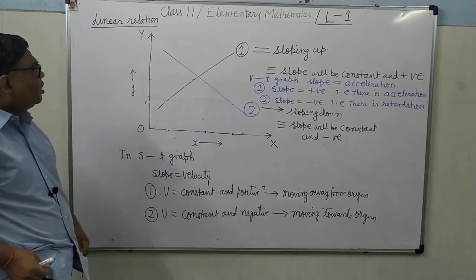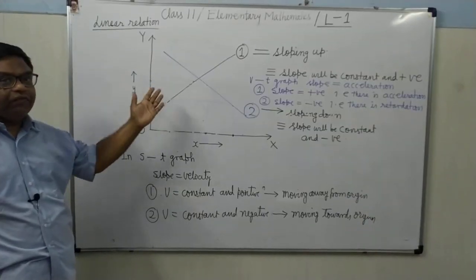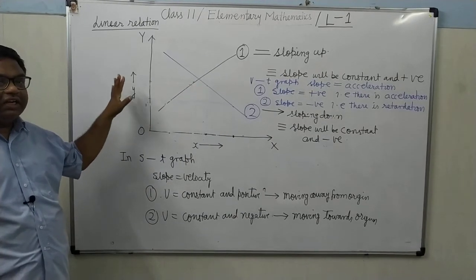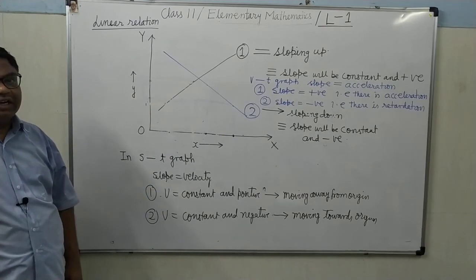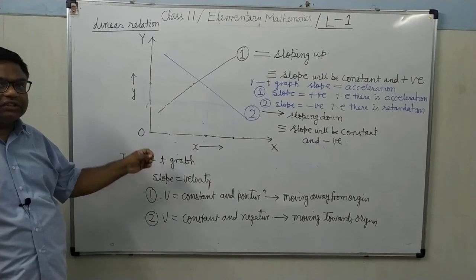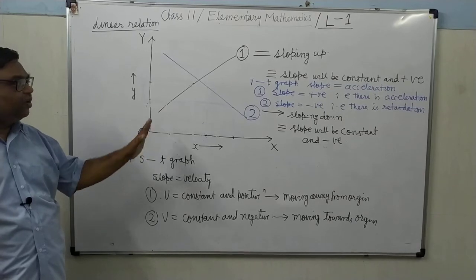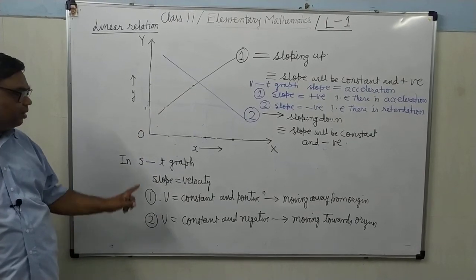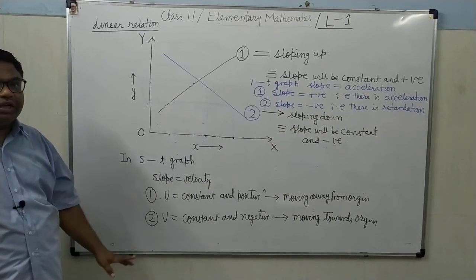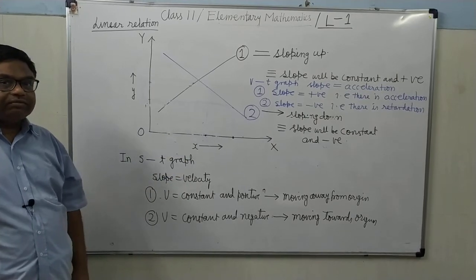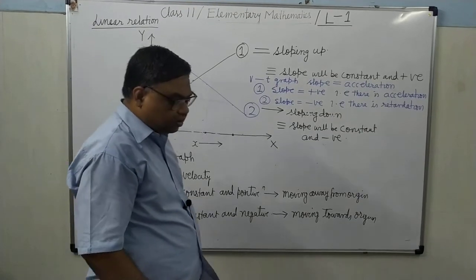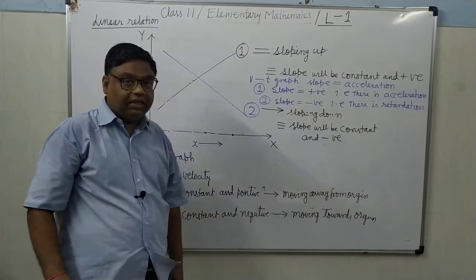So, this is the case of linear relations, whose graph will be like this. It may pass through the origin also. In a linear relation, the graph will be a slanting straight line. It may pass through the origin, it may have a positive y-intercept, it may have a negative y-intercept, everything is possible. Only the graph will be a straight line, and a straight line means the slope will be fixed. Slope will be constant, it may be positive or it may be negative. What will be the meaning in the different graphs, I have told. It's clear? Now, the same thing I am going to explain in the case of non-linear relation.